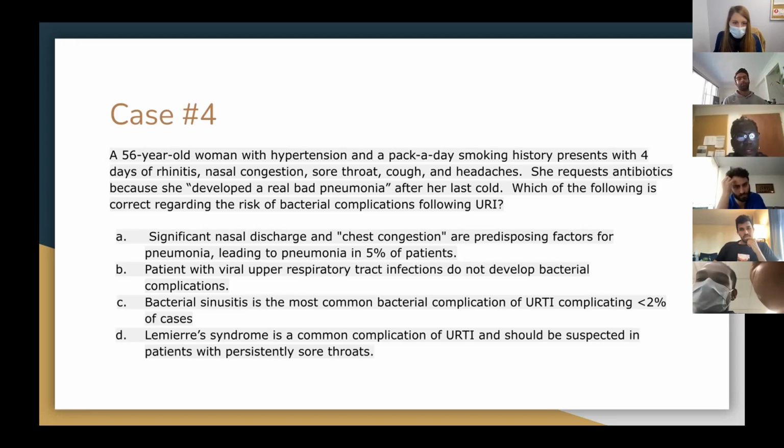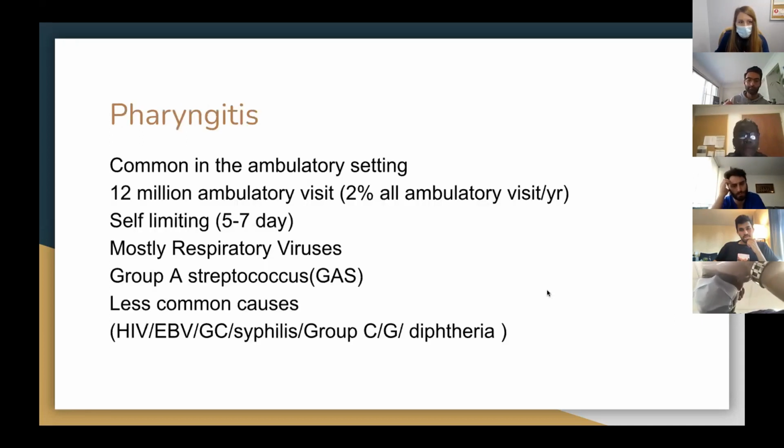So what was the answer? See, you guys are stellar. That's right. Bacterial sinusitis is the most common complication of upper respiratory infections, and it makes up only less than 2%. Okay. Now let's move on to